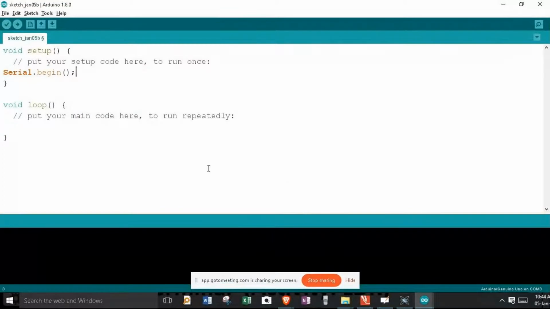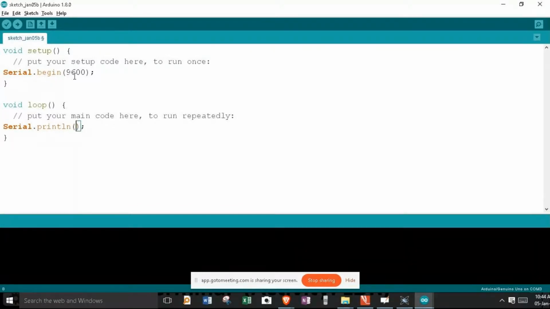Now here, in order to have an idea of how to make use of virtual terminal, all I got to do is first set the baud rate, that is Serial.begin, and let me set this baud rate to 9600. And under void loop, all I got to do is type Serial.println, for next line.